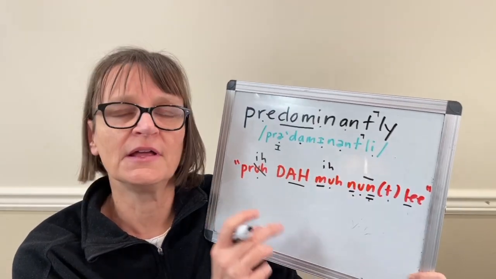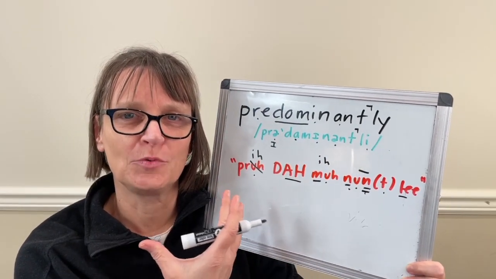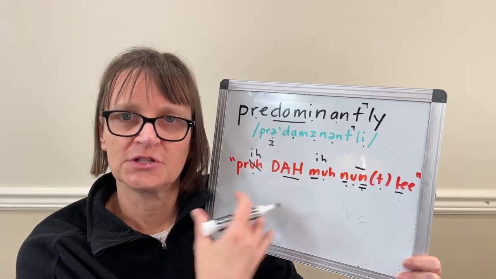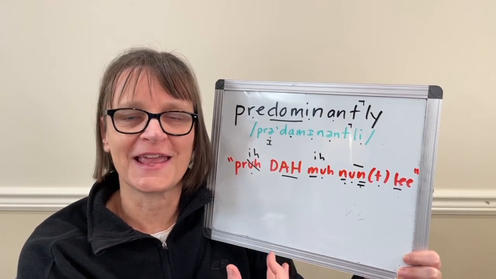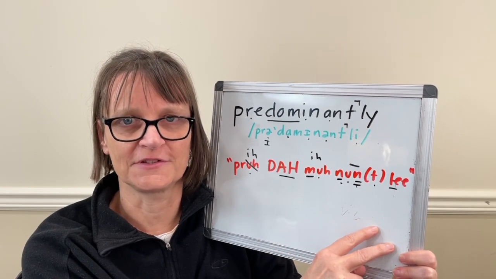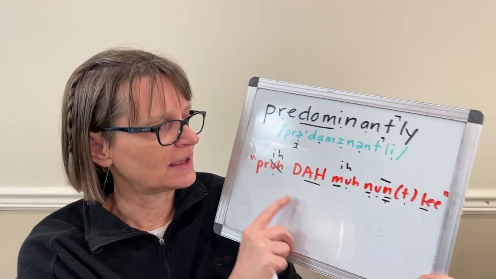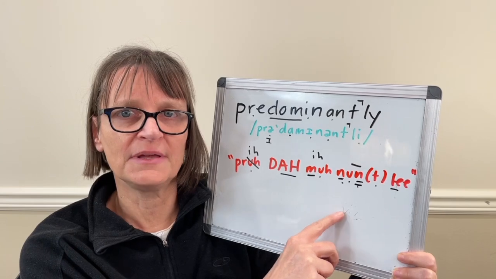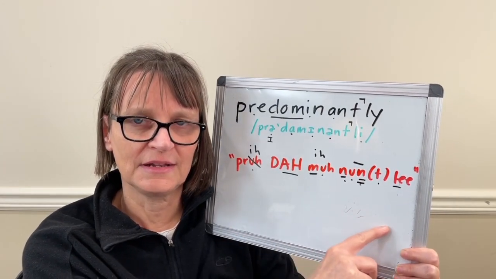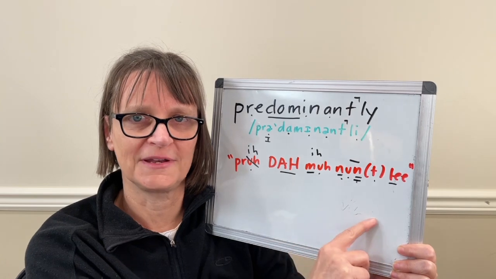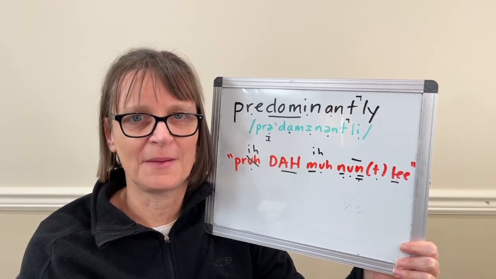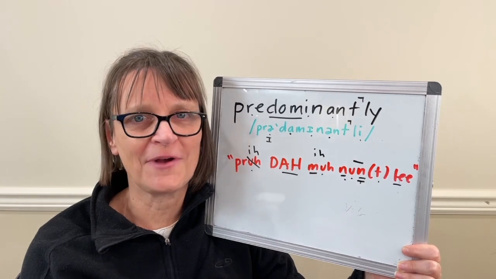So you may want to break it down syllable by syllable, take it slowly, and then speed it back up. Just try to keep the relative rhythm the same so that you're stretching on the second syllable and going more quickly on the other syllables. That sounds like predominantly, predominantly. Then the last step is, once you can say predominantly by itself, do try practicing it in some short phrases,